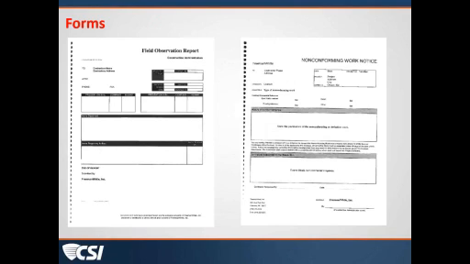So while you can note those items on your field report, it's strongly encouraged that you follow up with an official non-conforming work notice or deficient work notice, so that it is clear to everyone that there's an issue out there that needs to be addressed. So you don't use a field observation report for a punch list. You don't use a field observation report for a non-conforming work notice. You use the documents as they are intended, so that it's a part of that communication, so that everybody is clear on what the issues are.